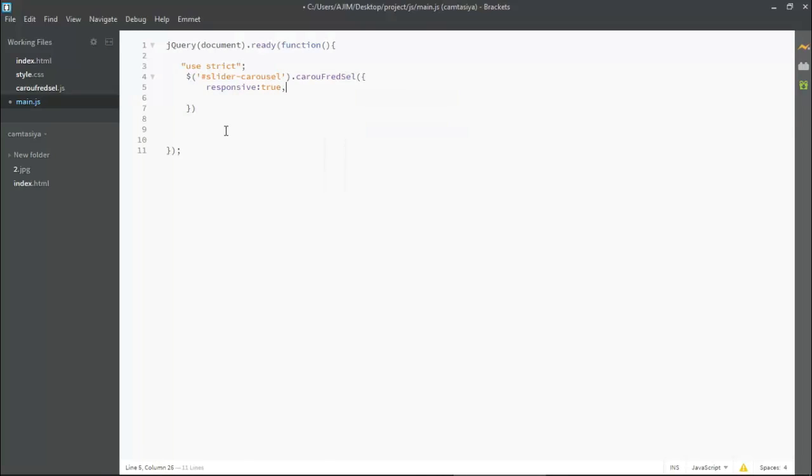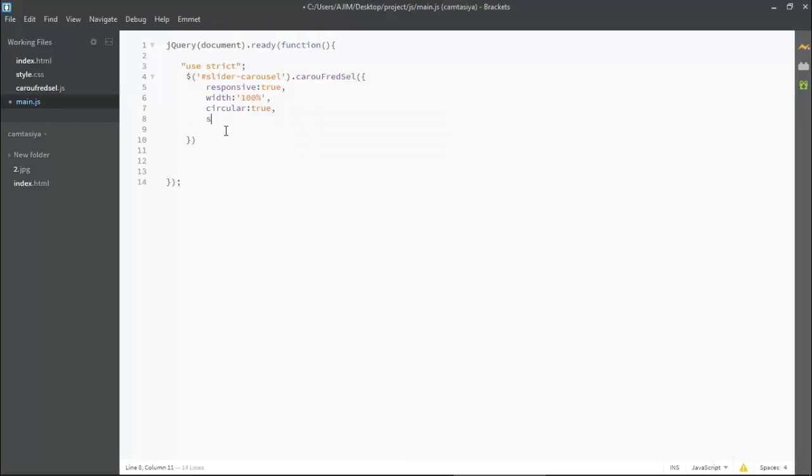Okay, it will be responsive, and then we will put width. So width will be 100% because responsive supports percentage value. Okay, so I'm putting 100%, and it will be inside the single quote. So I'm putting here single quote, and now after this I'll be putting some extra properties like circular, and it will be true. Okay, true, and I'm separating it just by mentioning comma.